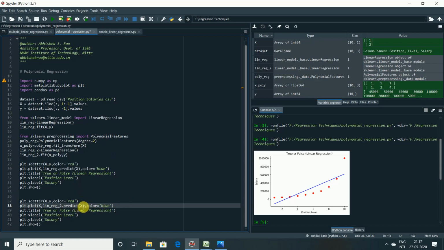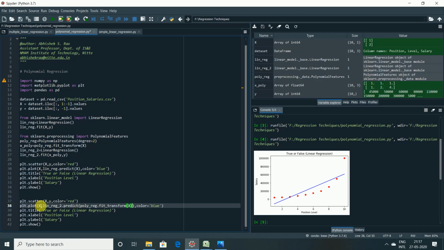Predict of not x. This should be predict of poly_reg.fit_transform of x. That means this line should be the y variable. So predict of this one. Yes, correct? Hope you understand.